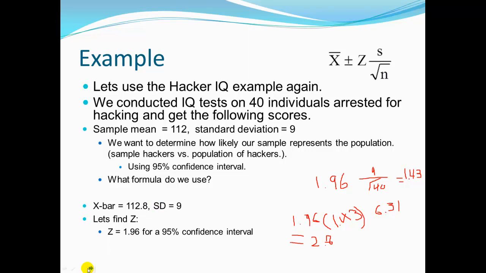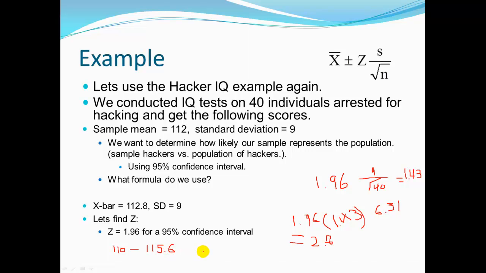that would give us basically a range of 110 through 115.6. And so that would be our confidence interval here, 110 through 115.6. And we could essentially say that, based on the idea of sampling distributions, what we know about sampling distributions, we can be 95% certain that our true population mean is somewhere within this 110 through 115.6.